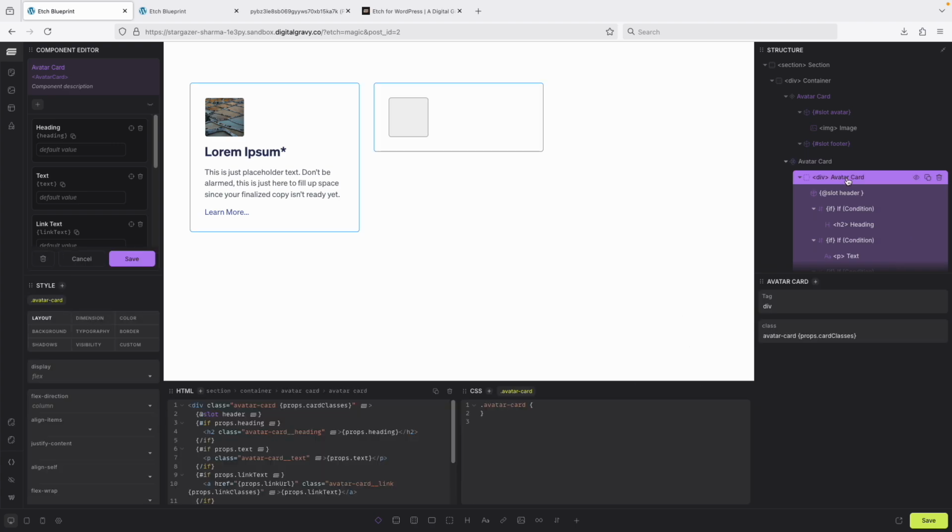But if we go to avatar card here and we type ampersand dot centered, this gives us the ability to add styles for only when the centered class is on this card. So we'll say